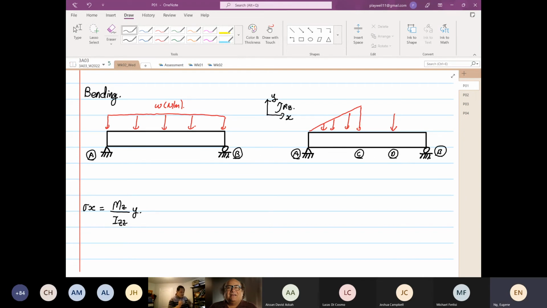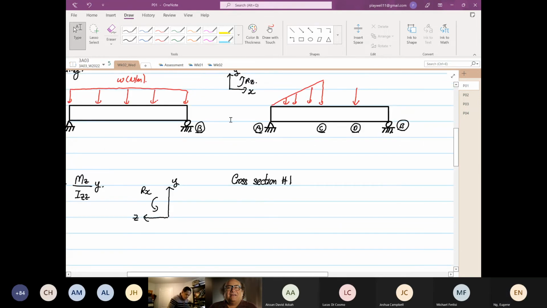Let's say these two loading conditions. I'm going to draw another view regarding the cross-sectional area. Now I'm following this transformation. So this is Y, this is Z, and this is my rotation about X. So you have cross-sectional area 1. Cross-sectional one, you have a